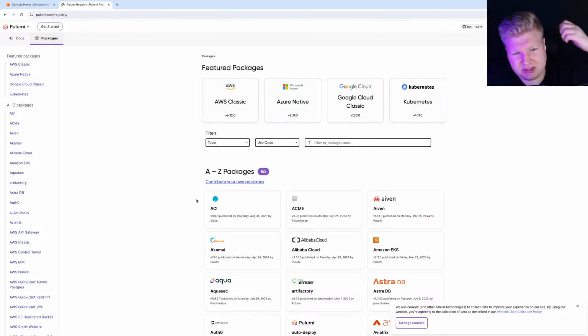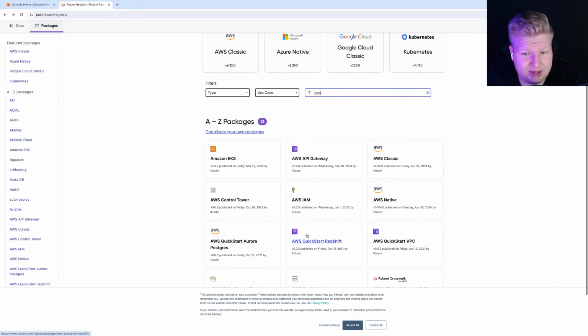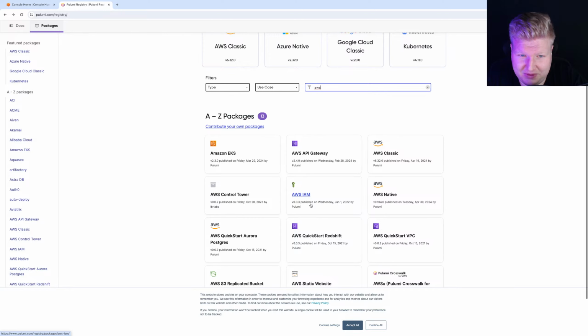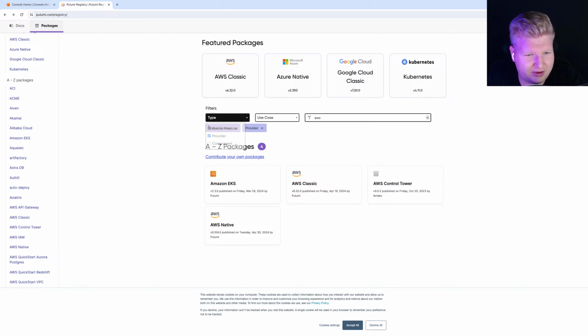Okay, so is this it? It's AWS Classic, AWS Native. Wow, okay. Filters. I want provider and native provider. There's AWS Native and AWS Classic.